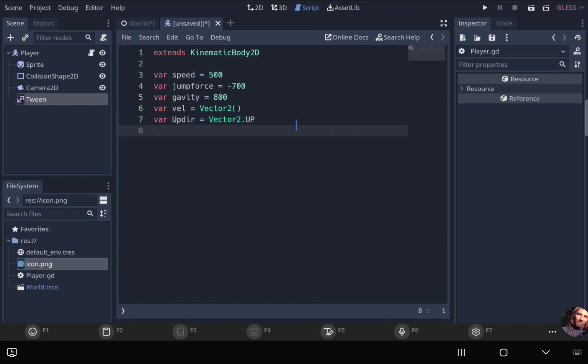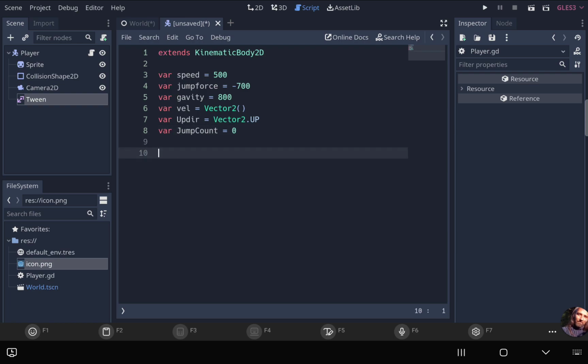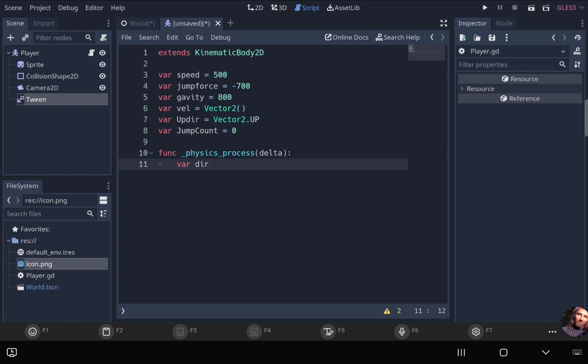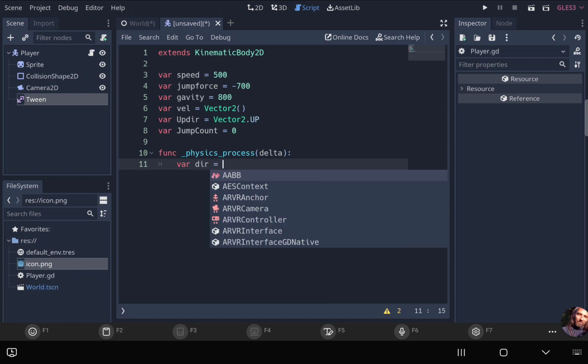and let's go ahead and do one more variable. We'll call it jump count. We'll set it to 0 for now. Alright, I think that's all the variables we need just for this simple tutorial. So we're just going to go ahead and jump into a physics process function. We'll set our first variable to determine direction, and we'll set it equal to